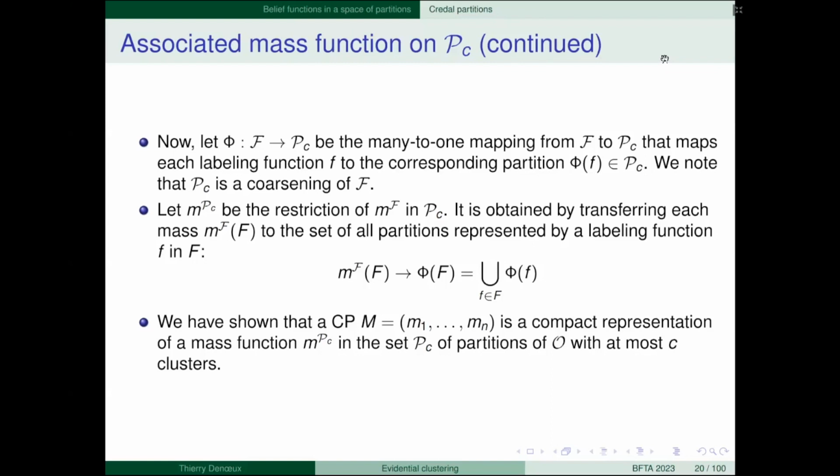So I denote by capital Phi the mapping from the set of labeling functions to the set of partitions, but this mapping is many to one because there are several labeling functions that correspond to the same partition. For instance, here, if I rename the clusters, and this becomes omega 3, omega 2, and omega 1, now I have a different mapping because now the image of this one is omega 1, okay? But the cluster is the same.